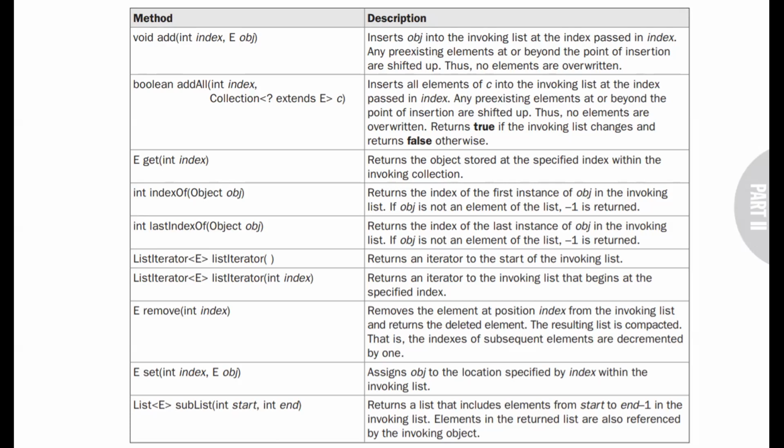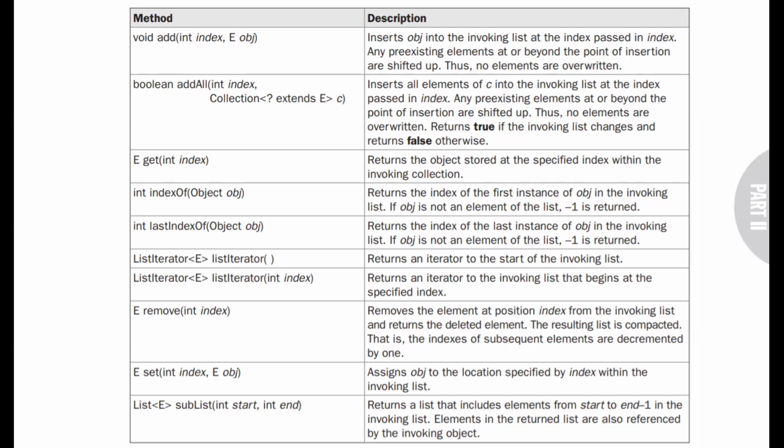Another method we have is the addAll method. The addAll method takes the index position and a collection. Here the index position specifies the location where the elements should be added. If any pre-existing elements are there at that point, they will all be shifted up.